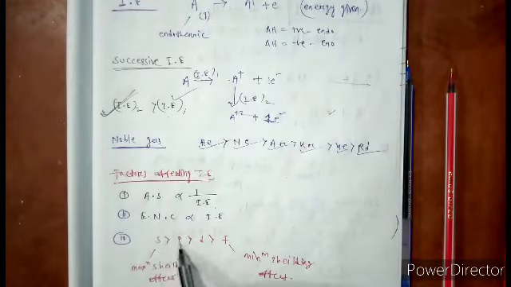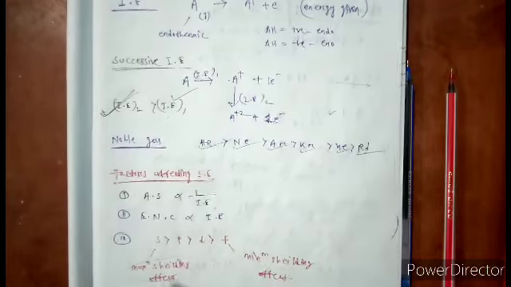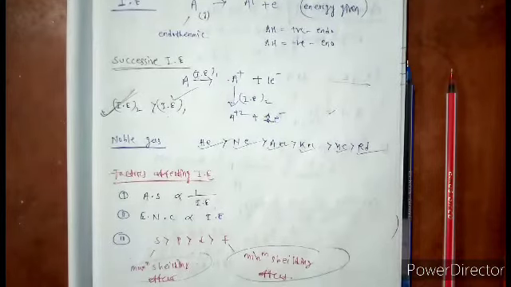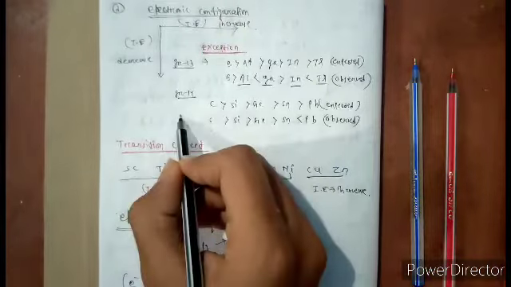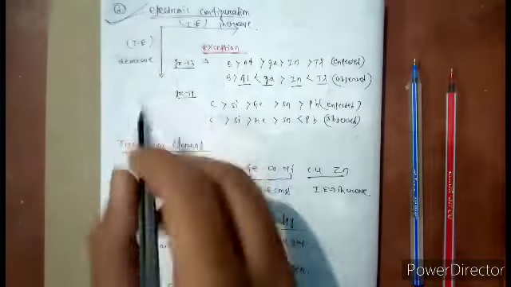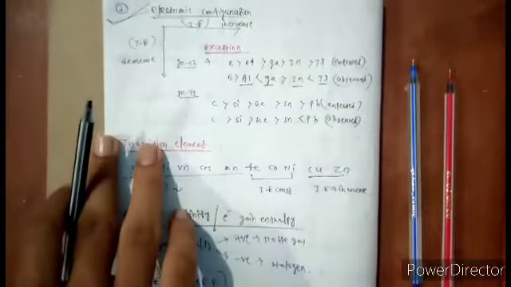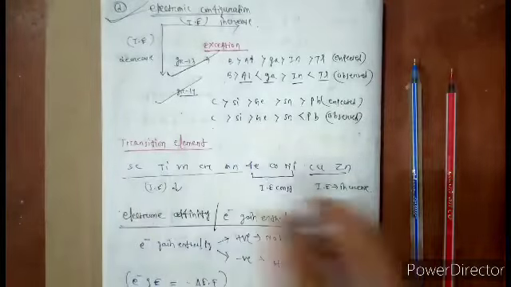Again, s is greater than p, greater than d, greater than f, because maximum shielding effect is provided by the s orbital and minimum shielding effect is provided by the f orbital. So ionization energy is in that order. Then this is another exception. We know that ionization energy decreases down the group and increases along the period. Then there are two exceptions, group 13 and group 14.